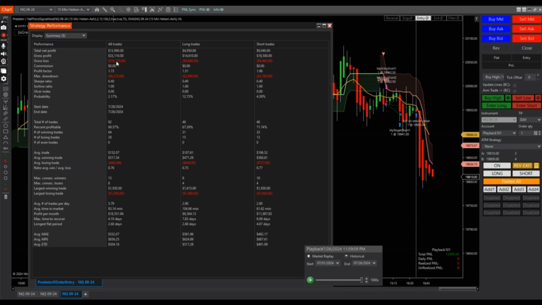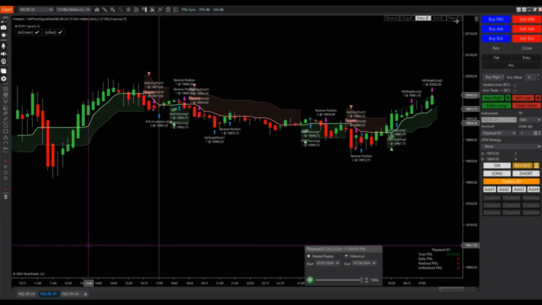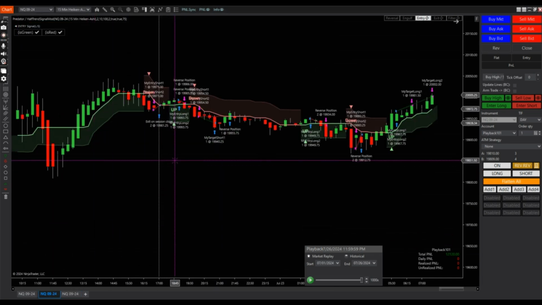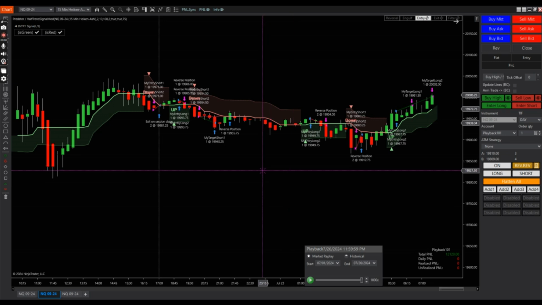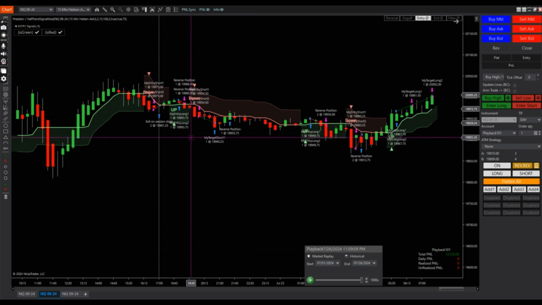Even though the gross loss is 19,000, still, it's profitable. The strategy is profitable. So what I'm going to do is continue changing the parameters, the settings a bit. Definitely, I would have to add 2 more confluence indicators, an isolator that will prevent me from going into trades when,